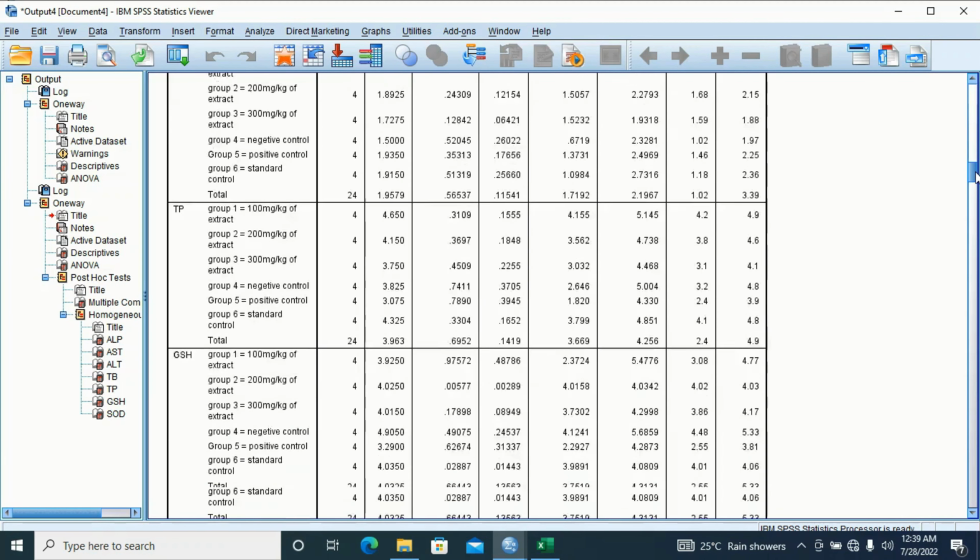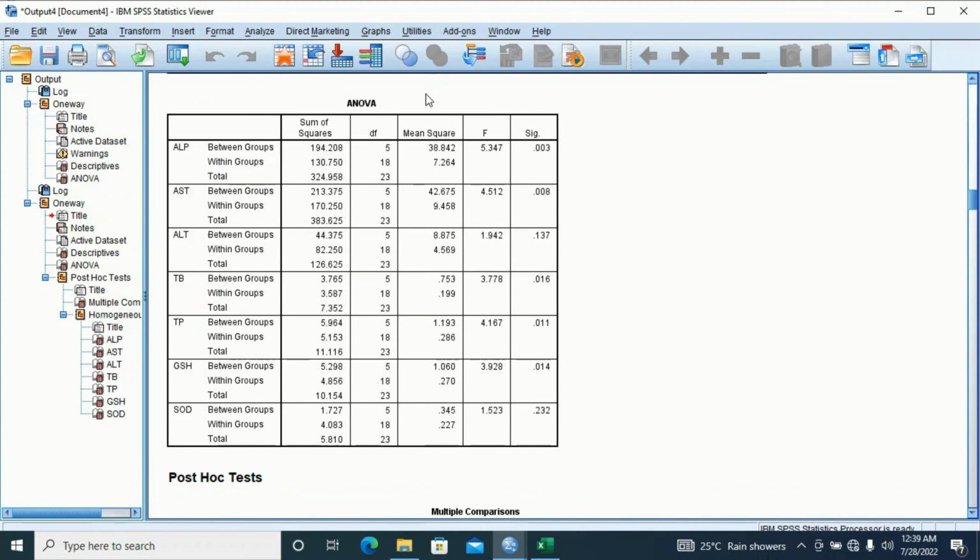so you have to analyze your own data and see what the outcome is. Then if you go to the ANOVA table for the analysis with respect to group, you discover that with respect to group, I have this SIG, which is the significant value here. All except 1 and 2 are significant. All except this one and this one are significant. Okay, this is ALT and SOD. Telling you that when you analyze them with respect to groups, you discover they are